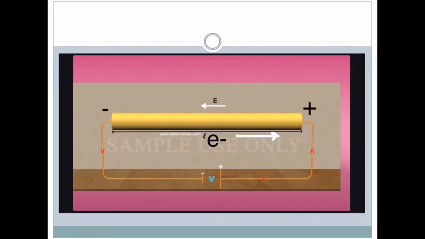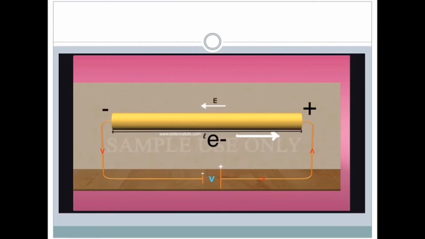Now the electrons get accelerated due to this applied electric field. They get accelerated, so their velocity increases, but they collide with the fixed positive ions and their velocity is again reduced. Again they accelerate but again suffer collision, and the increased velocity is again reduced. Due to repeated collisions, the average acceleration of the electrons is reduced to 0.